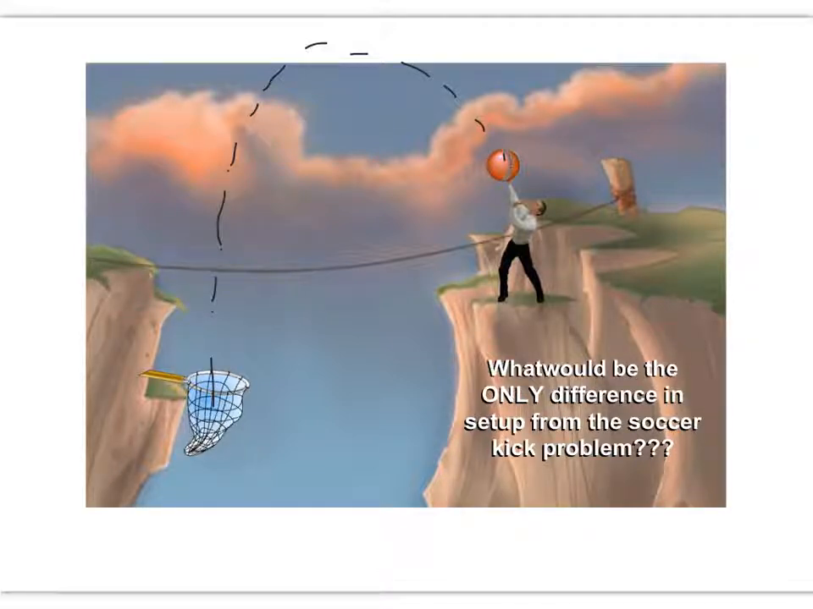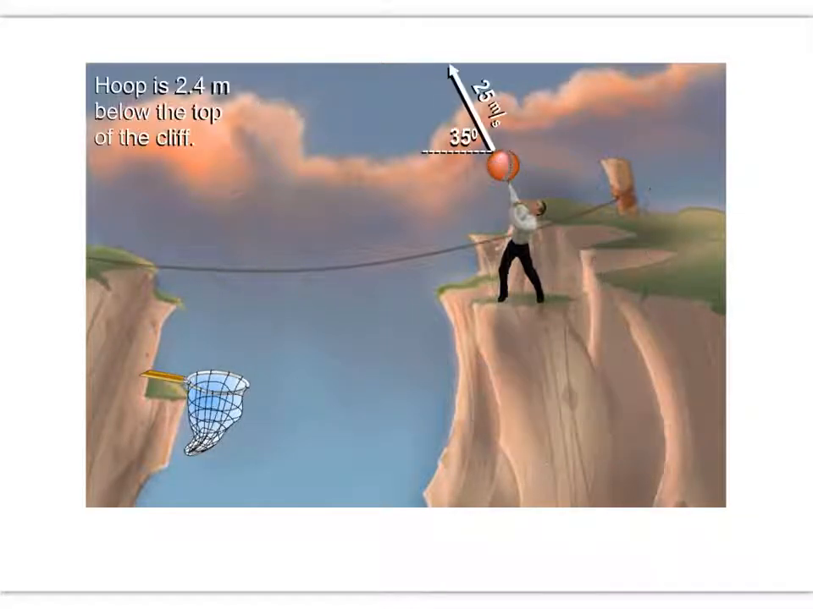All right, so the only difference in this setup from the soccer problem is this location here of the ball, that's our 0 location. If it's going to make it into the net, the ball actually needs to go down so that our dy is down. That means it's going to have a negative value. So if we say that the hoop is 2.4 meters below the top of the cliff, and that the ball is thrown at a speed of 25 meters per second at an angle of 35 degrees above the horizontal, the two questions I have for you are, 1,